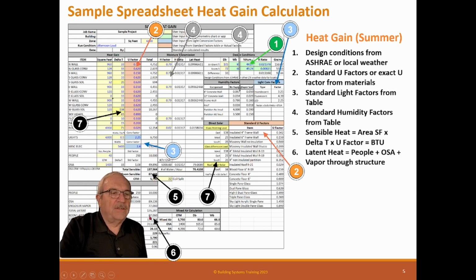6 down here behind me where I'm talking to you is all the latent heat. And this is where we have, sensible heat has people and has outside air. Down here it has people and outside air again because these are both the conditions that cause latent heat inside the building. And vapor through the structure, which is these calculations coming up here for vapor. And then